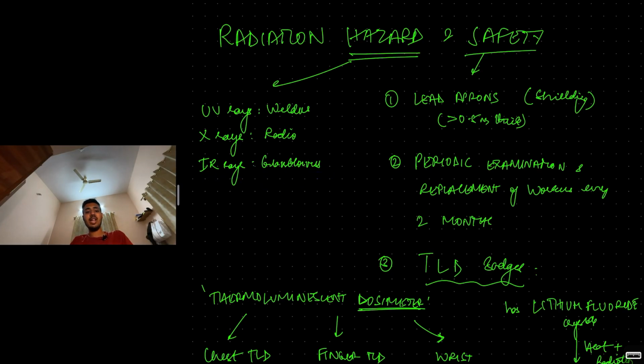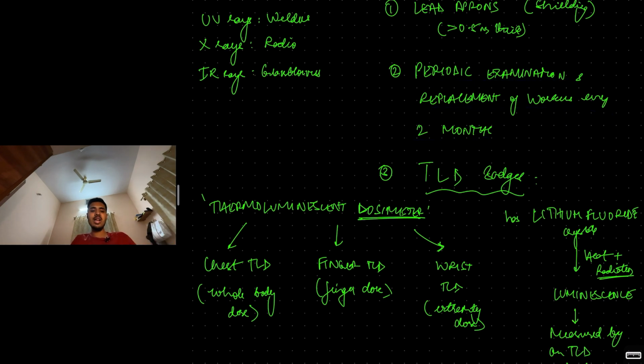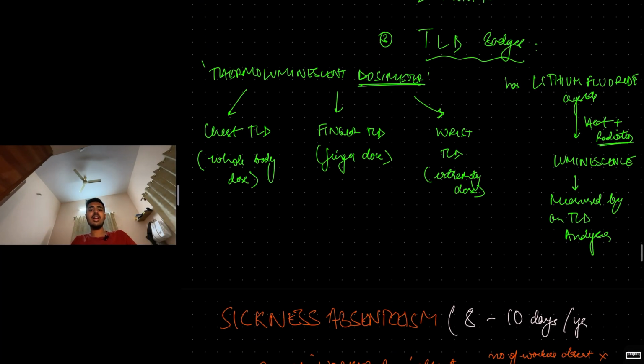Whereas safety, how do we ensure radiation safety? Shielding through lead aprons which are at least 0.5 mm thick. Next, periodic examination and replacement of workers every 2 months. You have some X-ray technician. That X-ray technician should be examined every 2 months, and ideally they should take shifts every 2 months so that they're not always the X-ray technician in a place, because it will increase the risk of radiation exposure, right? And if we want to measure the radiation dose, you have something known as a TLD badge,